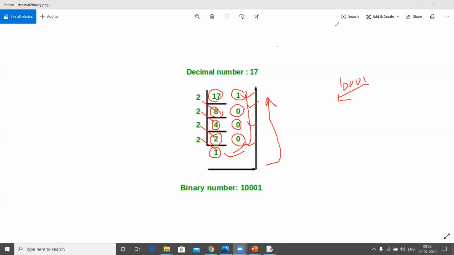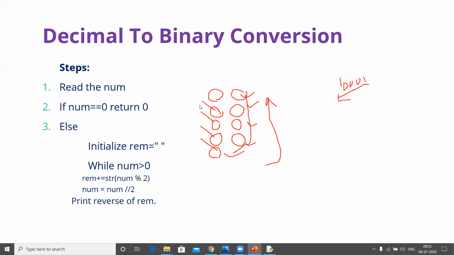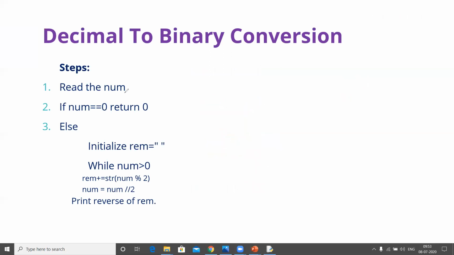Well, let me show you the code here. Read the number. If the number is 0, return 0, because the binary value for 0 is 0 only. You know that binaries have only zeros and ones. Okay.